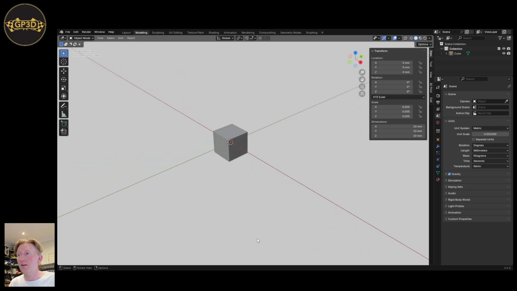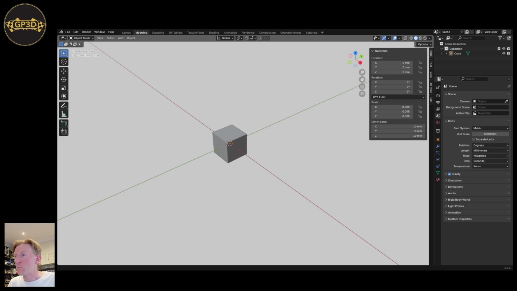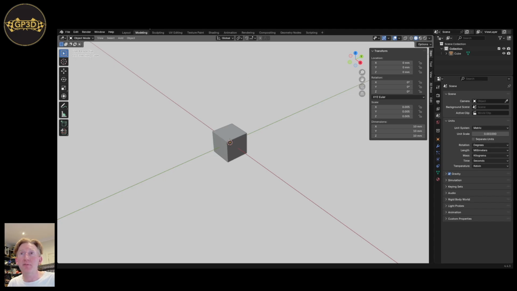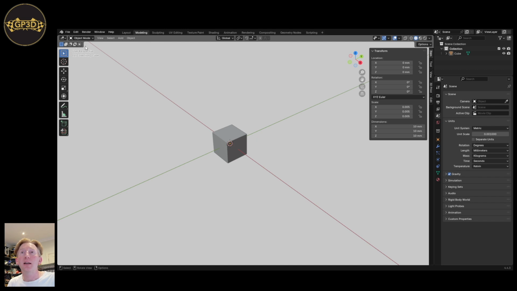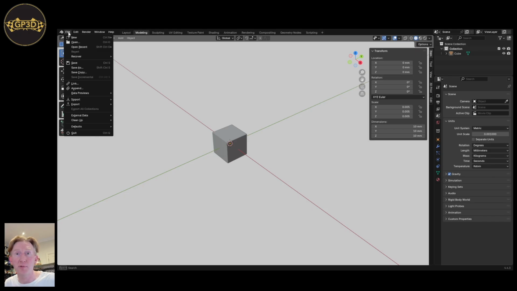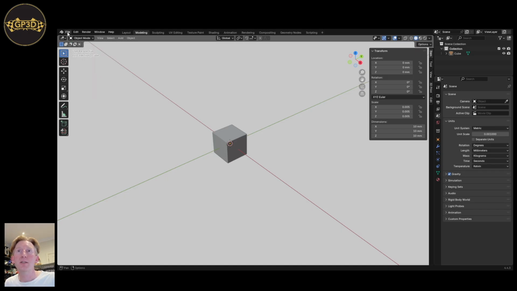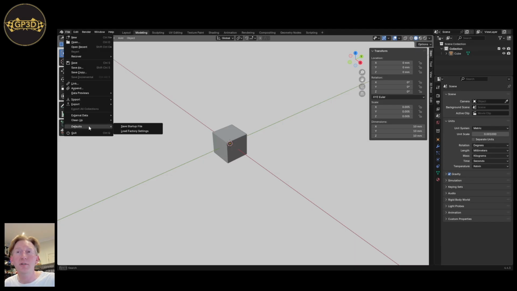So this will be the basics of how you want to start doing each of your designs. In this file that I've got open here, which is unsaved at the moment, I've just opened up a new Blender file as you would from a fresh install. And I've done all those configuration settings, and the good news is you don't have to do those every single time. So what we want to do is save them. Very important. Then every time you open another Blender file, you'll get this as your default view or default environment. So you go to File, then down here to Defaults, and we want to